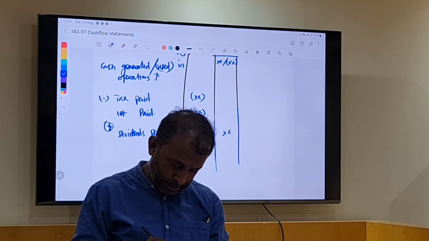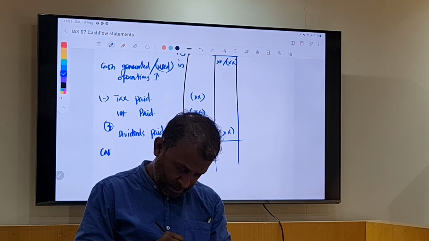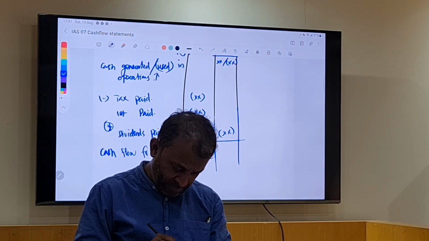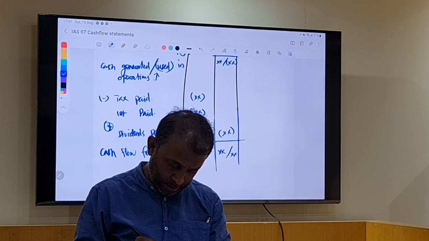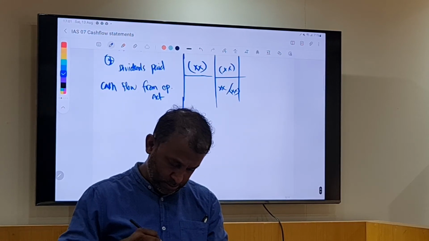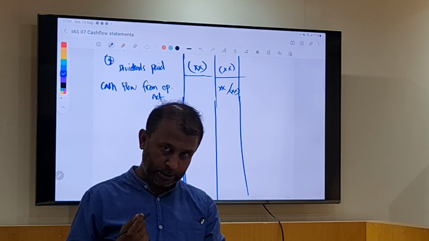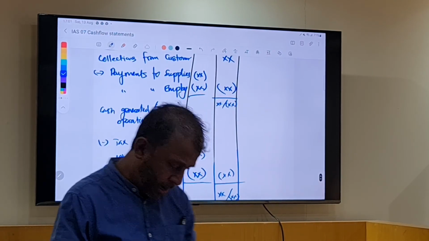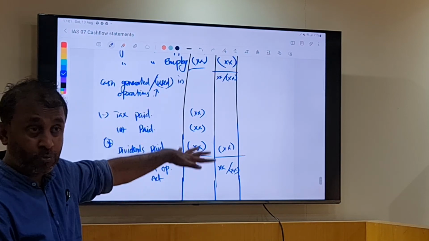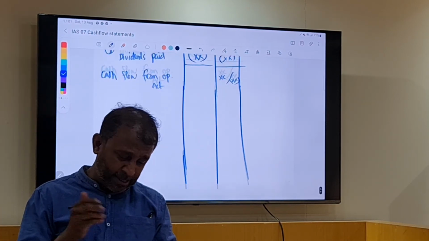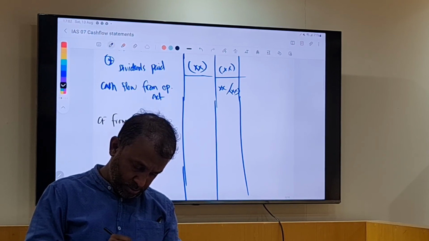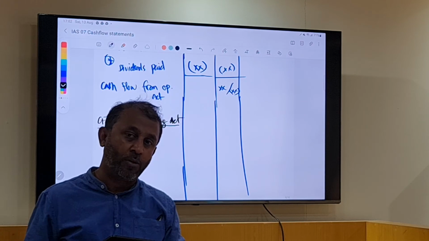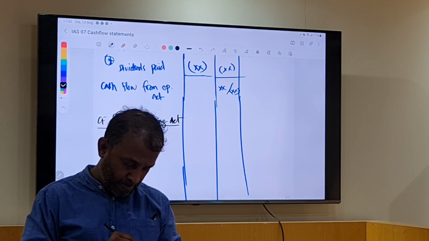Then I have this answer, then this one, cash flow from operating activity. This can be again plus or minus. So these all are part of cash flow from operating activity. After that, we have cash flow from investing activity. They are